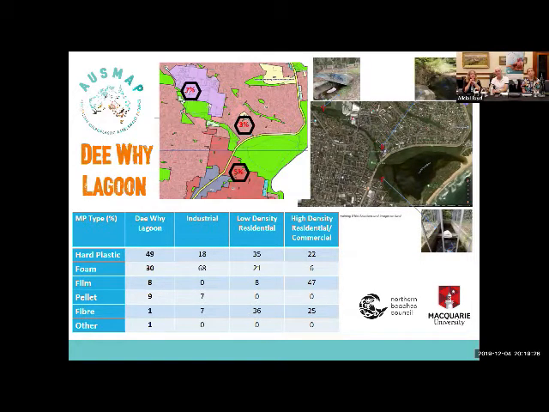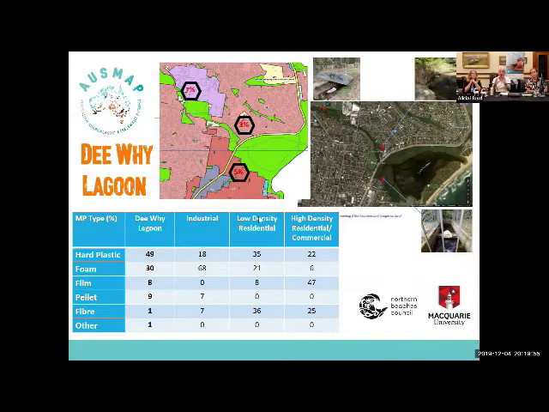But you can see that there's certain areas. Foam is high, and the only pellets we're finding are in the industrial area, so foam and industrial pellets there. In the high density residential commercial area you see a lot of film, so a lot of wrappers and bag fragments coming through, and then in the low density we're finding hard plastic fragments and fibres, which is interesting.